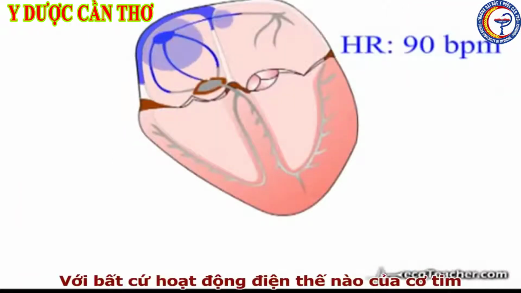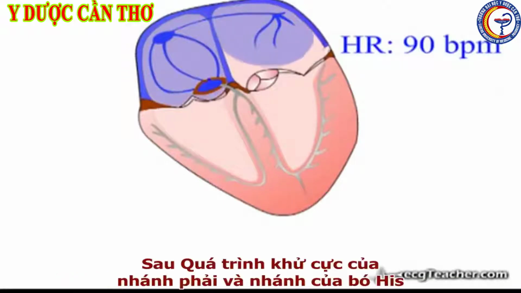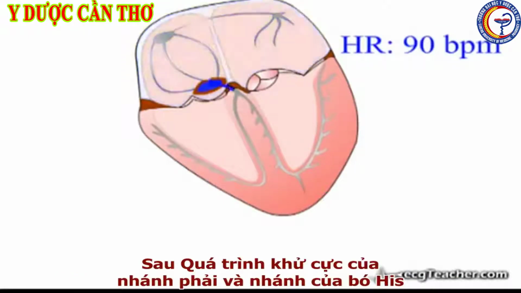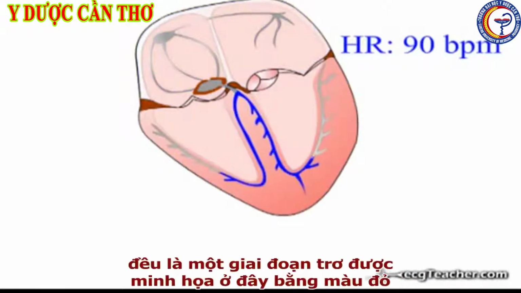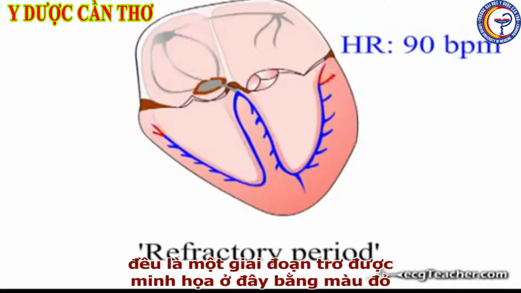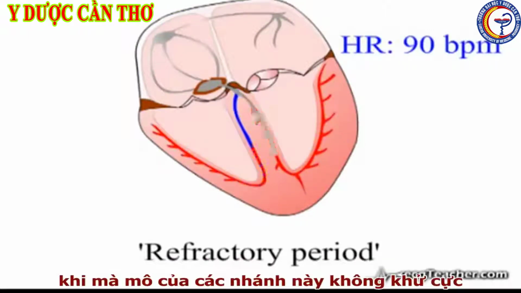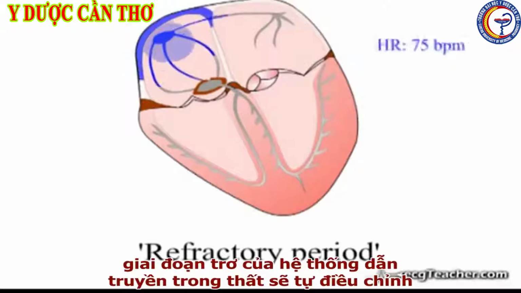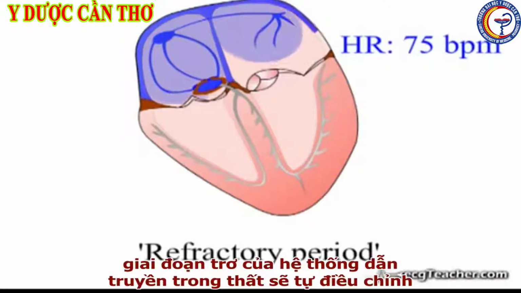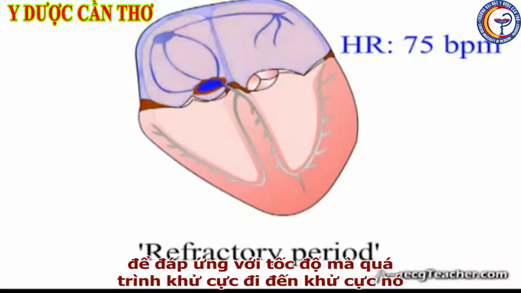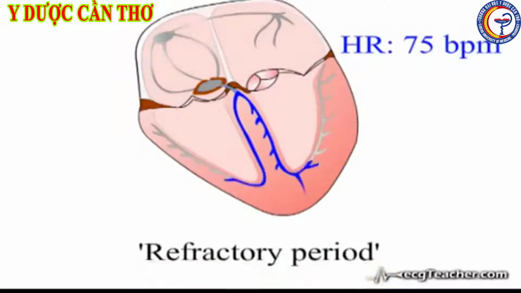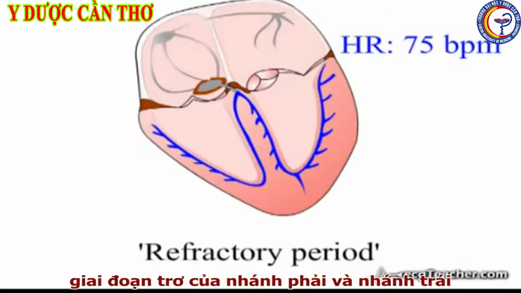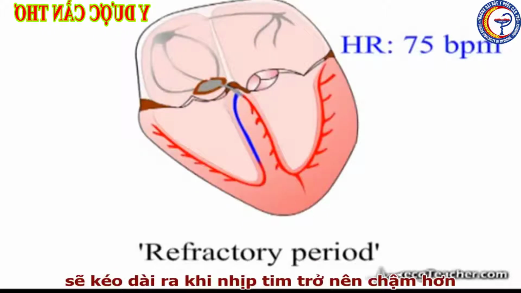As with any electrically active cardiac tissue, depolarization of the right or left branch of the bundle of His is followed by a refractory period, illustrated here in red, when the tissue of the branches will not depolarize in response to further signals. Furthermore, the refractory period of the ventricular conducting system adjusts in response to the rate at which depolarizing events arrive. Specifically, the refractory period of the left and right bundle branches become more prolonged as the heart